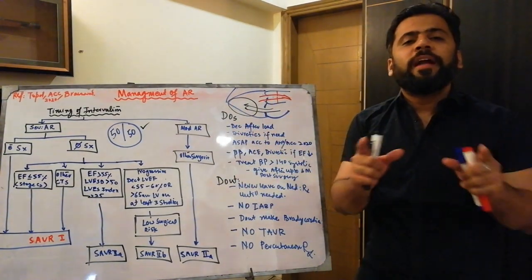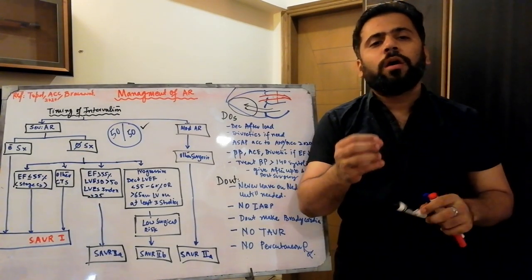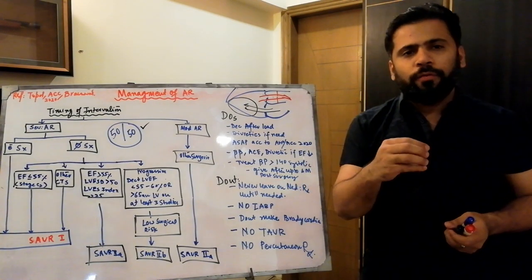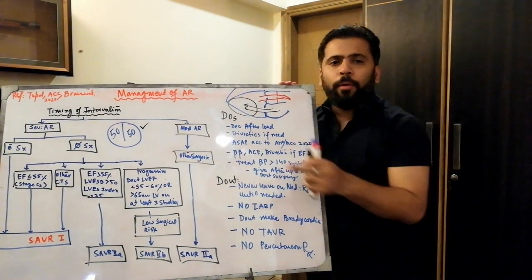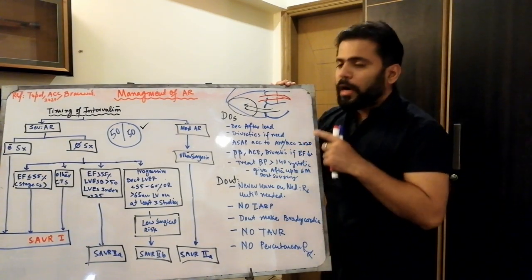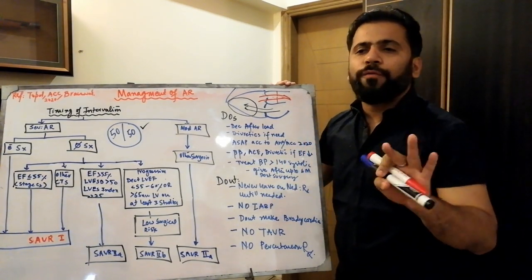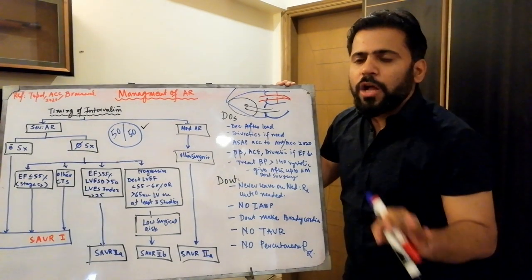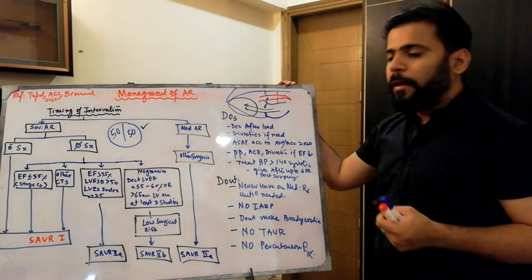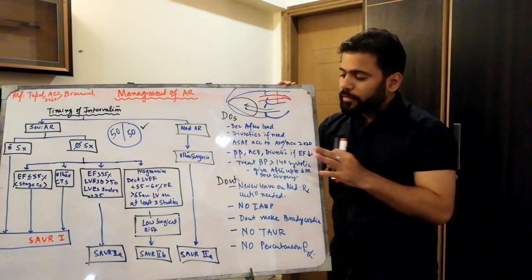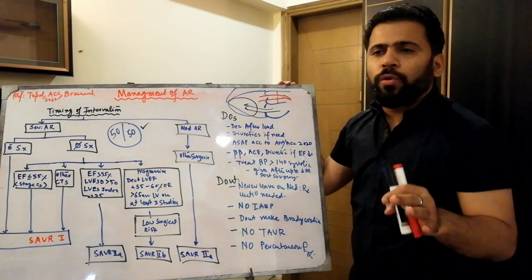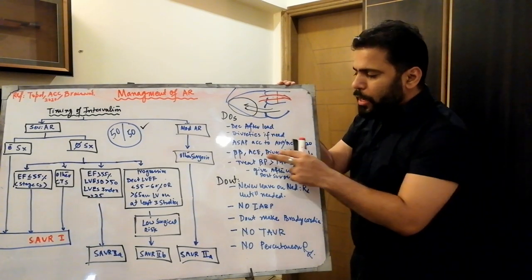So if you prolong the diastole, it will worsen the AR further. It is very important not to control the heart rate in patients of AR, but to keep the heart rate of your patients in the 80s or 90s. You will not strictly control the heart rate in AR unless your patient has a low ejection fraction. And if your patient has a low ejection fraction, again you have to control the rate very cautiously in patients of AR.